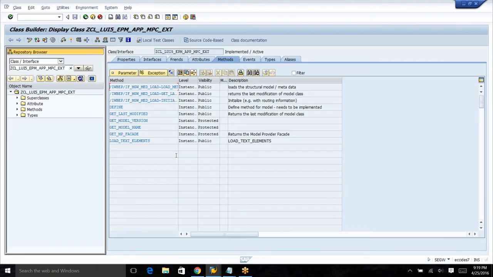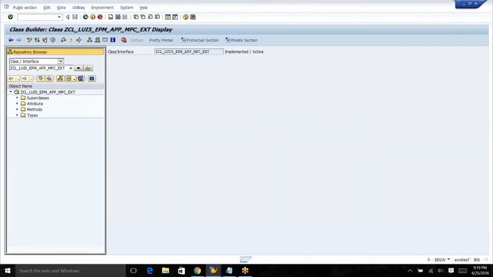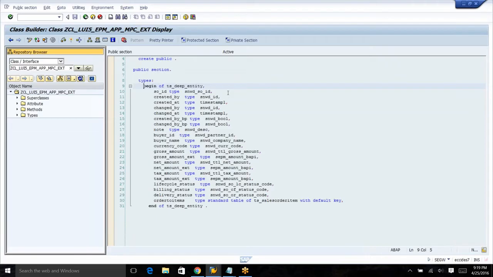What I wanted to do here is create a type with sales order. This is the entity that I wanted to create. I name my type as ts_deep_entity. Basically it is a type which will have